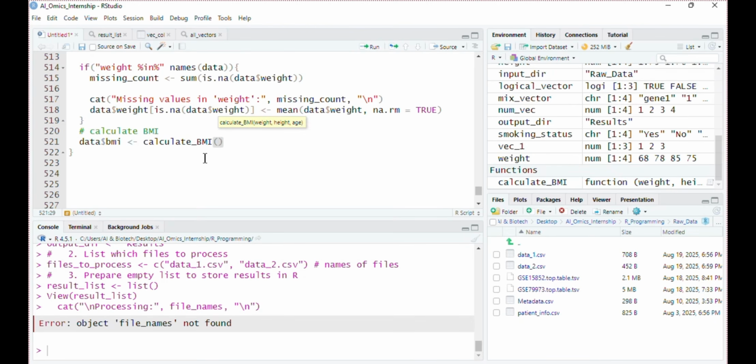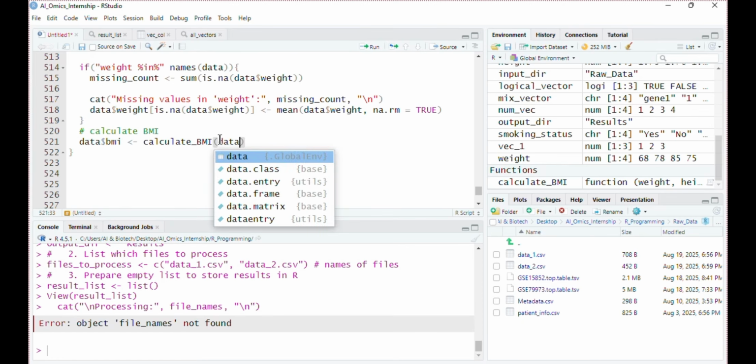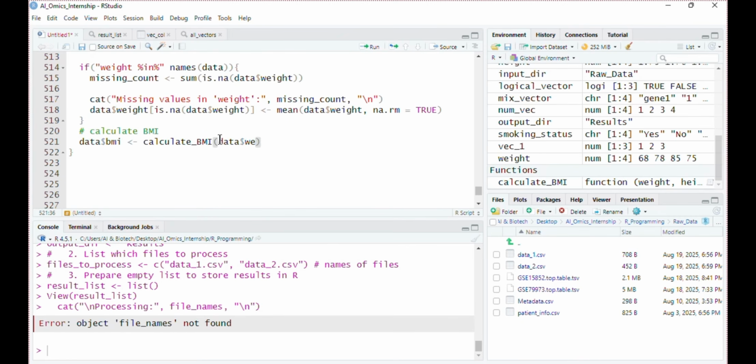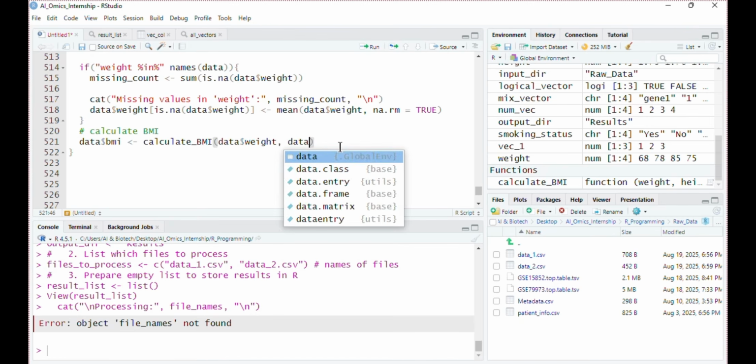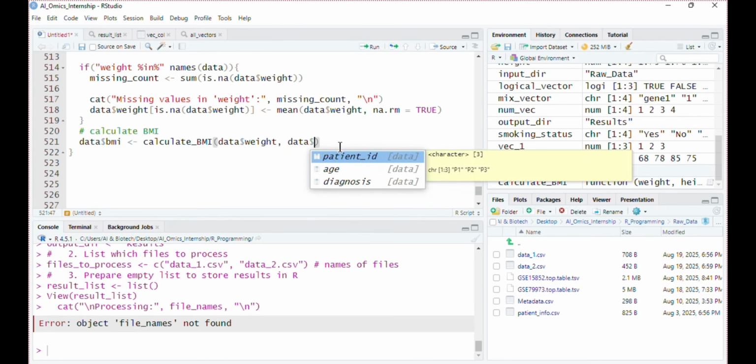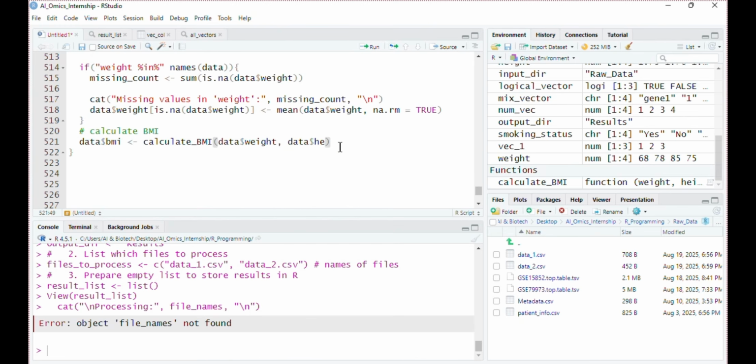calculate BMI. Inside this, I have to mention my columns, that are data into weight. First argument is weight. Then the second argument is data into height.